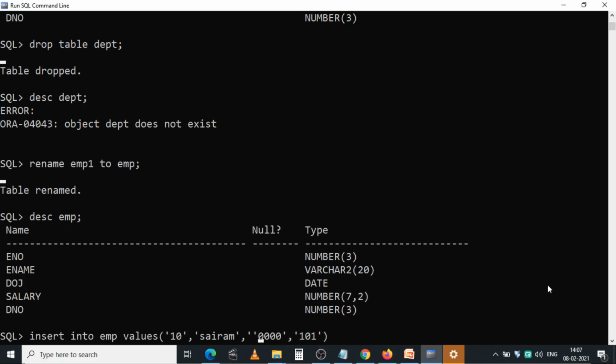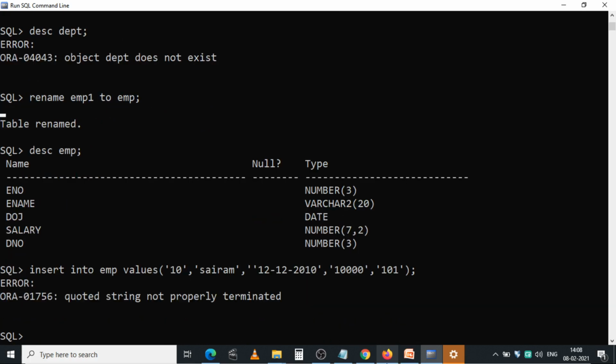Comma, then write the salary. Here how many columns do we have? 5 columns. Those values are to be written like this in the insert command.